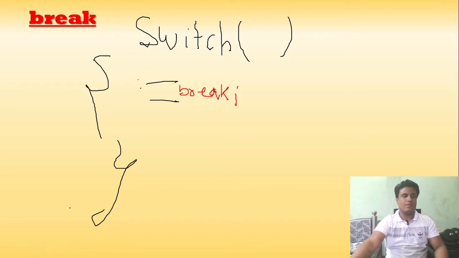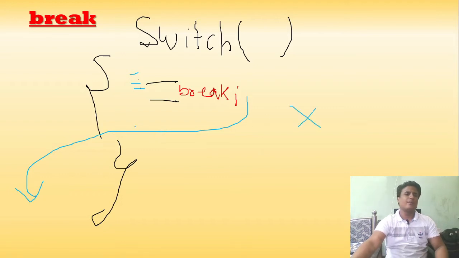So what does break do? After the break statement is used, it immediately comes out of the loop, so the remaining code of this block is not executed anymore. This is the usage of break. Break is just used to take you out of the normal execution of a block. It is mainly used with switch case and while, do while and for loops.